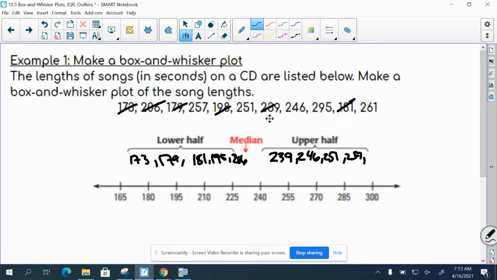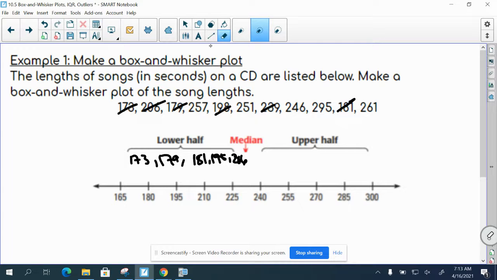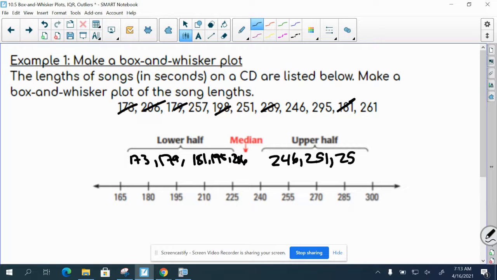Wait a minute, do we have a 239? That is for the median. So you've got 246, 251, 257, 261, and 295. All right, so then your median is halfway between 206 and 249. So if you average those two numbers together,